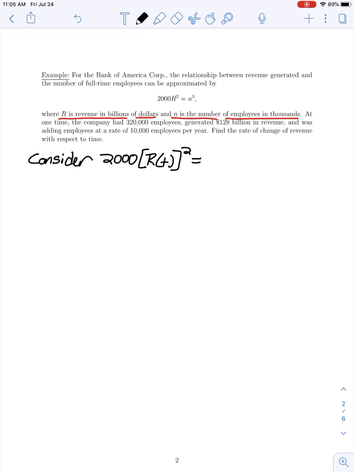And that was equal to n cubed, but we have to keep in mind that n, the number of employees at any given time, is a function of time. It may change. So we have the following equation, and if we want information about the rates of change of r and n with respect to time, we're going to differentiate with respect to